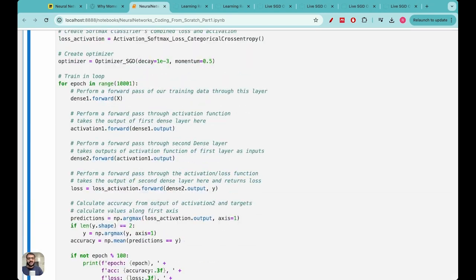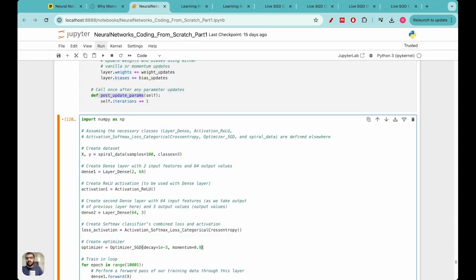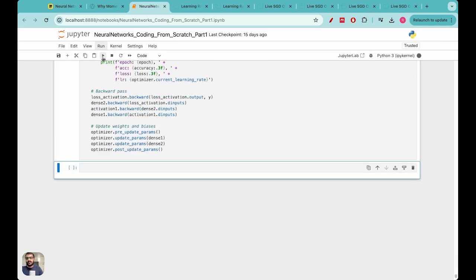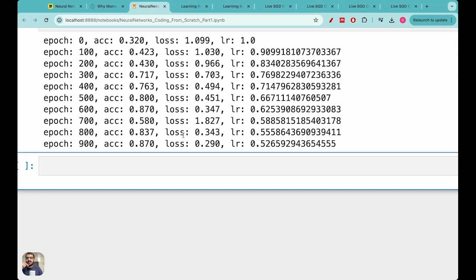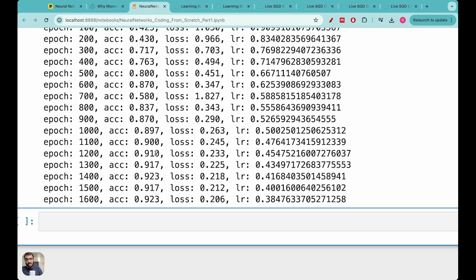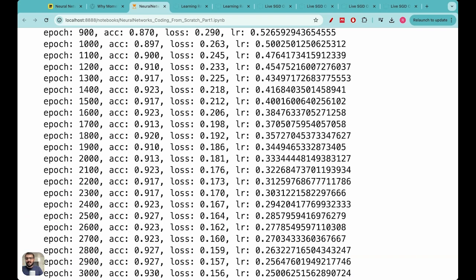But let's try to increase the accuracy even further by using a momentum factor of 0.9. Remember, if the momentum factor is 0.9, it means that we are giving a much higher weightage to the past. So I'm going to run this piece of the code now. Let us keep track of the accuracy. As you can see clearly, the accuracy has already reached the value of 0.9, which is amazing,